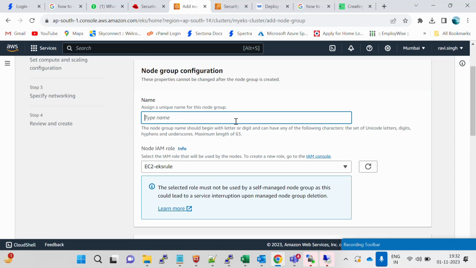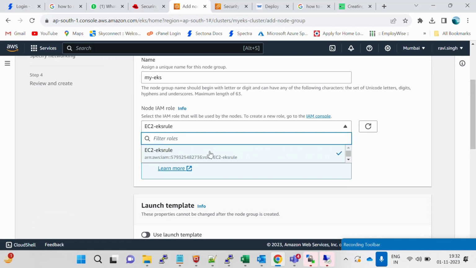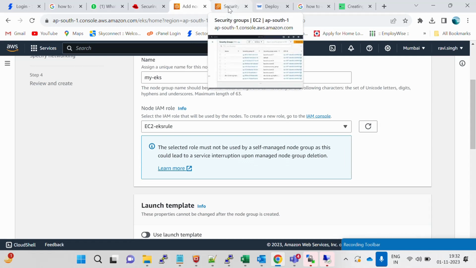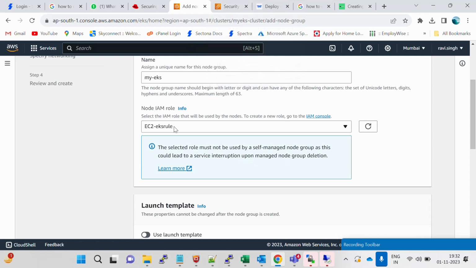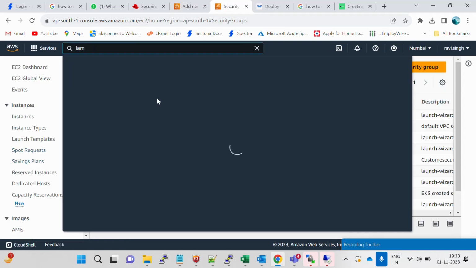Then type here my EKS, and this is the role, EKS role, IAM role. So I have already created it. So let me show you which role is applied in the new IAM role. Click on IAM role again,